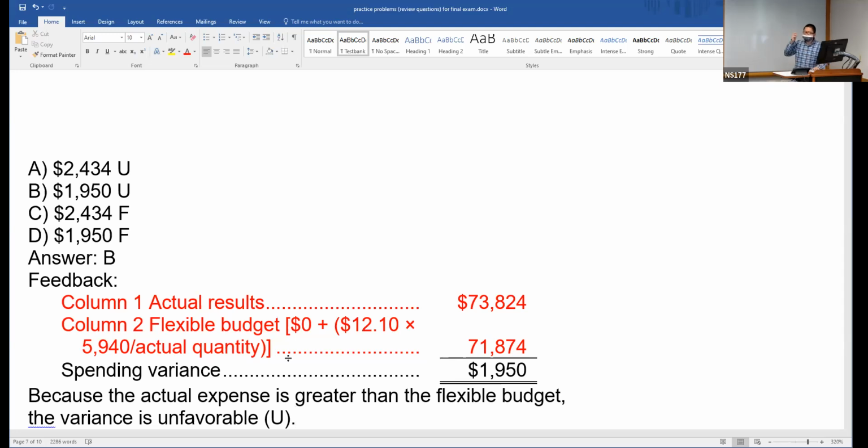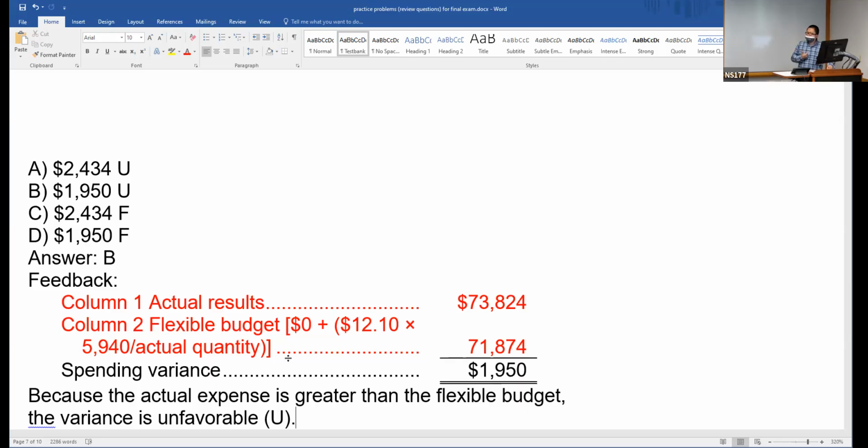And column 2 is the flexible budget. So use the same formula or function as column 3, which is the planning budget. The only difference between column 2 and column 3 is that if we plug in the actual quantity, then this would be the